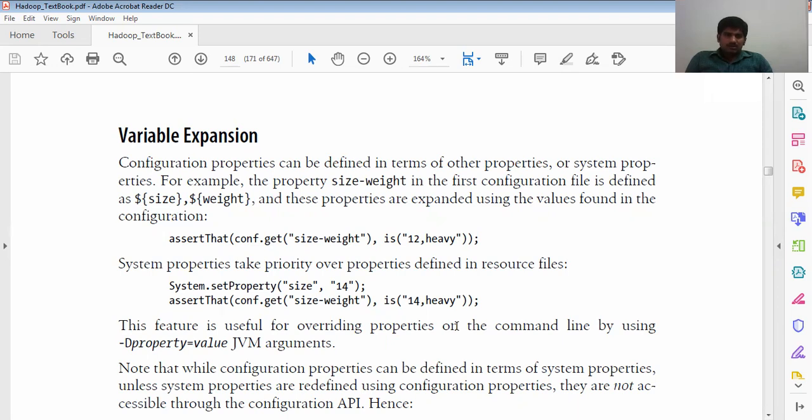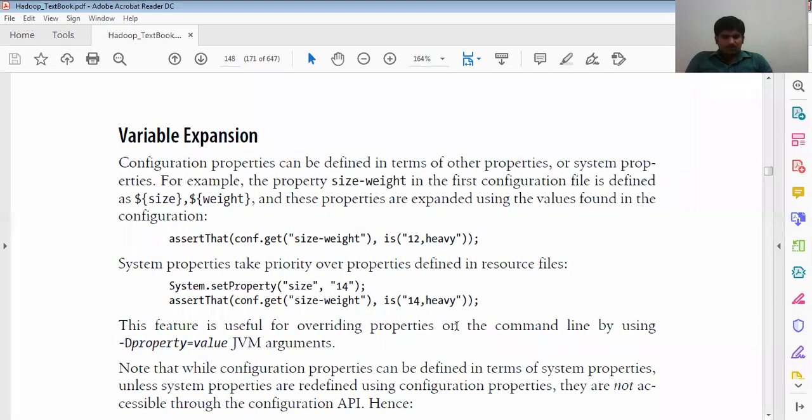System properties take precedence over the definitions in the resource files. So there are two different files, the size file and the system file. So general assets and system assets, how are we going to manage them? This feature is useful for overriding properties on the command line by using -Dproperty=value in the JVM argument.